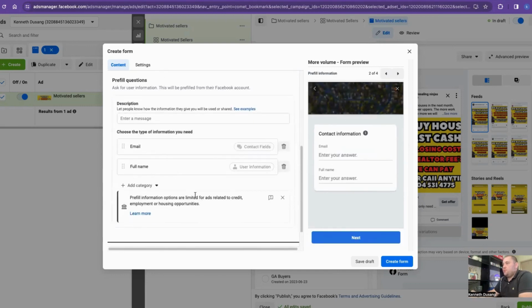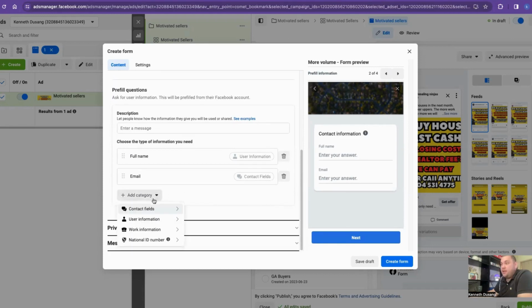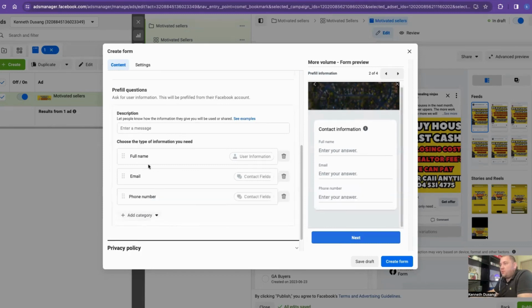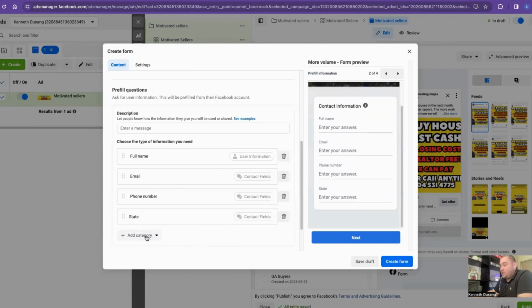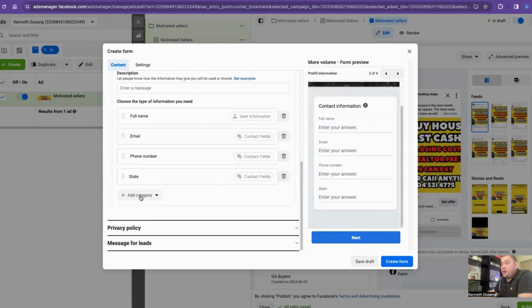Questions. Now, this is the important part. We're going to have the full name. We're going to have the email. Because we're in a category of housing, you cannot add custom questions. You go right here and choose phone number. So full name, email, phone number, and I like to get the state. You cannot create a question and ask them where is the property located or what is the address. If you do that, they will flag your account. This works really well for me. I have not had any issues with this. All I do is I'll call or text the seller and they'll give me the information once I get this information from them.